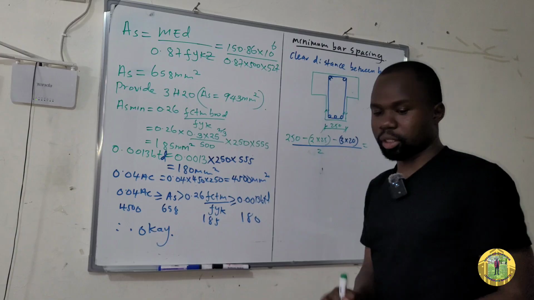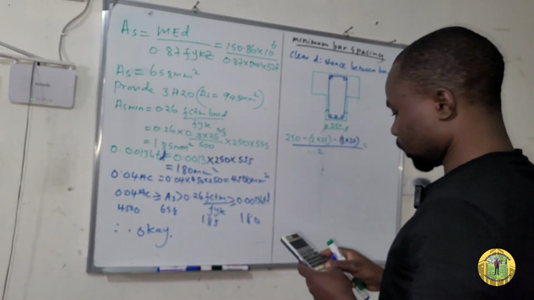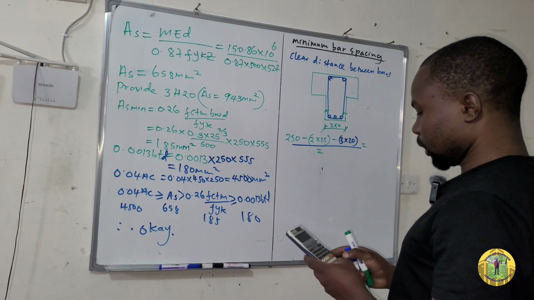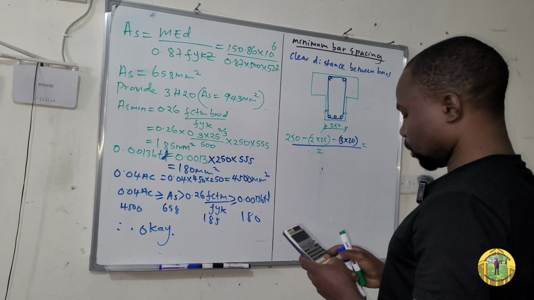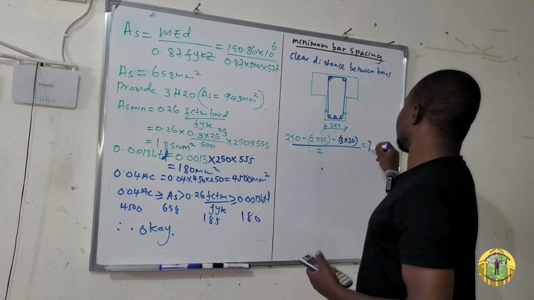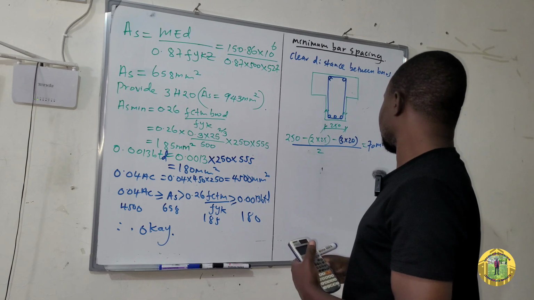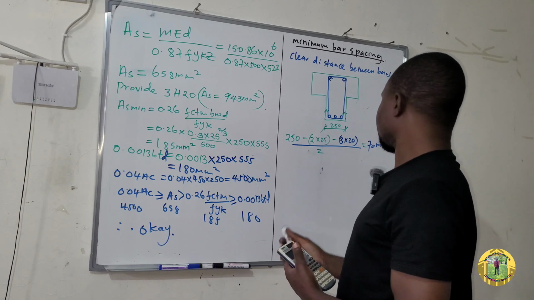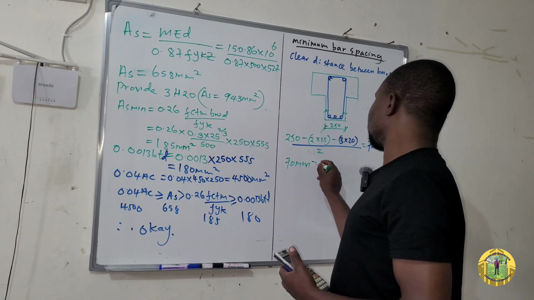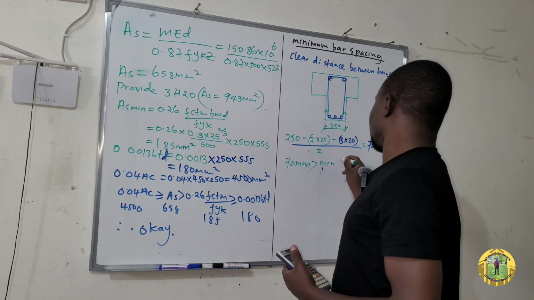And our answer will be, let me do the operation. So this is 250 minus 50 minus 60 divided by 2. So this is 70 millimeters. And this 70 millimeters must be greater than the minimum of